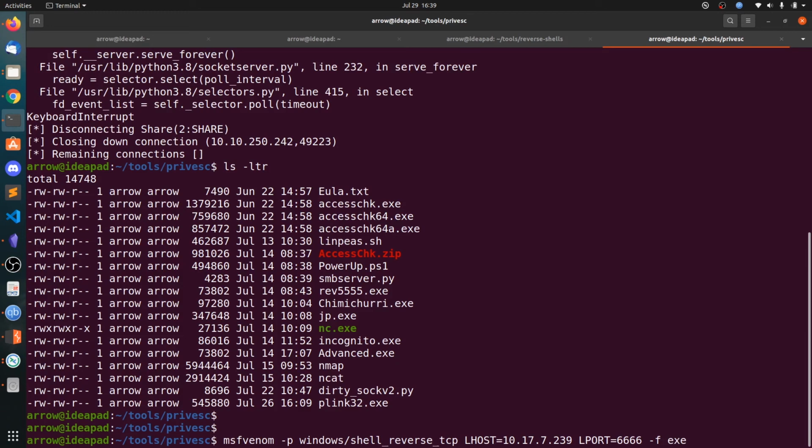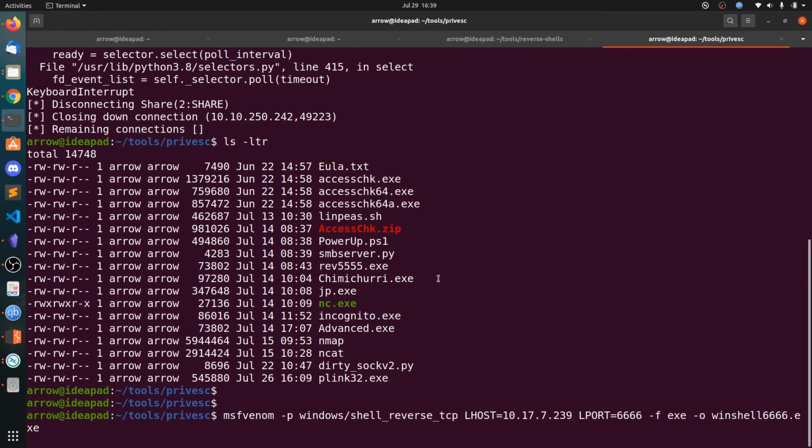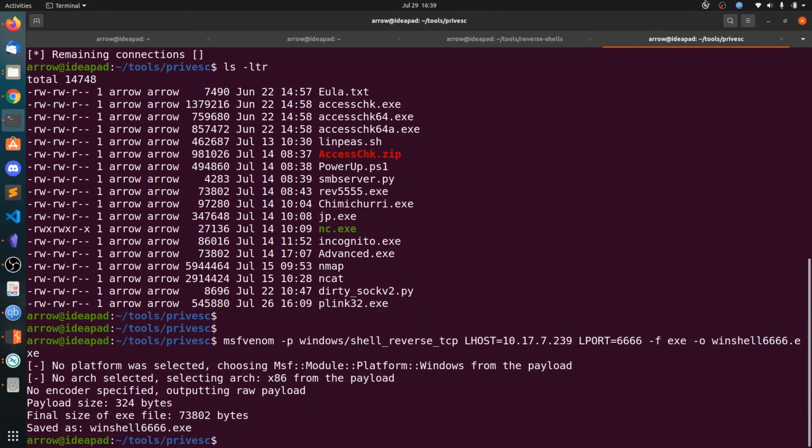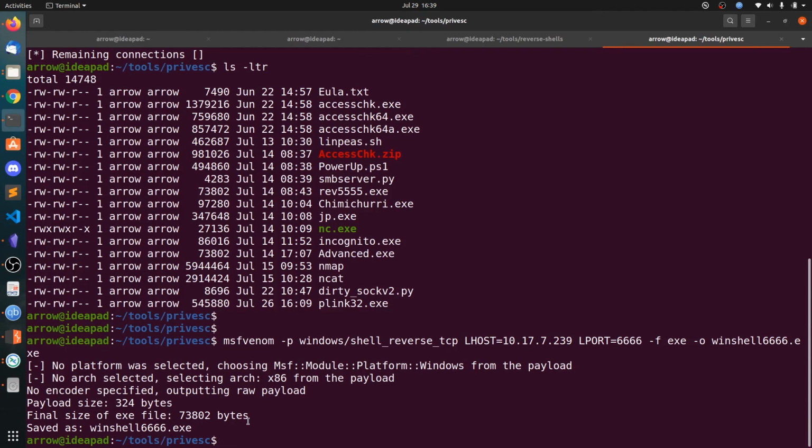So output format as exe and output as let's say winshell 6666.exe. So whenever after few days, if you look at this binary, you will understand that it's Windows normal shell for the port 6666. So we have the binary ready.